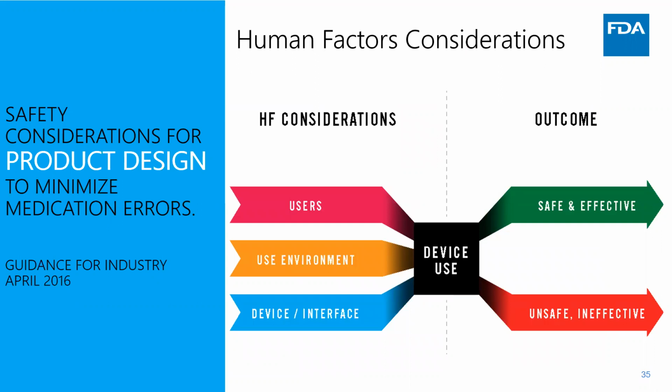So during the development and design of a drug product's labeling and packaging, it's important to consider the intended uses, the end users, and their environments of use. And medication error risk assessment should take into account all of the prospective end users and the environments in which the product will be prescribed, dispensed, and used. And these considerations are very important early in the development and design of a drug product. And we recommend that sponsors conduct risk assessments and really incorporate human factors early and throughout the development and design of their drug products to ensure that their product design supports safe and effective use. Next slide, please.